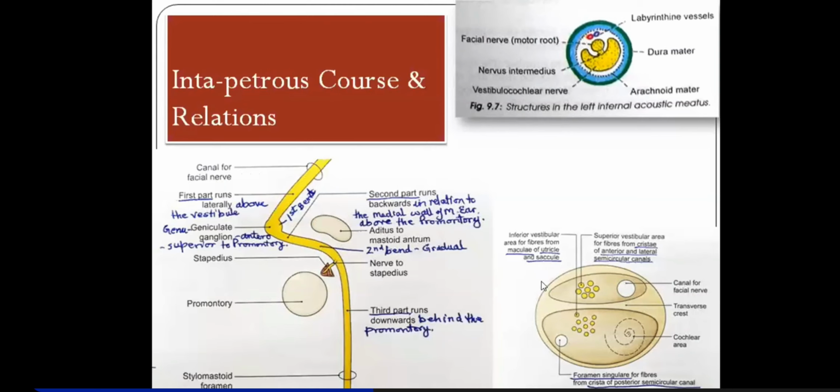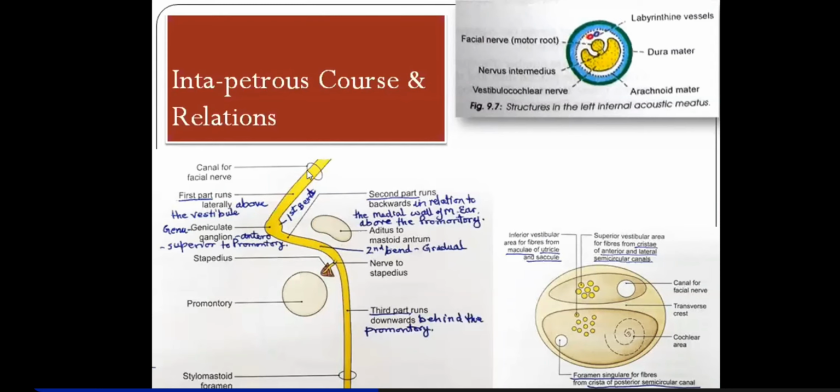Now the facial nerve will continue. Actually at the fundus, the three nerves have separate courses. The nervus intermedius will join the facial nerve here at the fundus, while the vestibular and cochlear nerves have a different course from here. But the facial nerve at the fundus, remember, the nervus intermedius which was running in between will join the facial nerve. Now together, the facial nerve will enter into the facial canal. And in the facial canal, let me tell you, the entire diagram here from this facial canal, now it will pass out of the skull through the stylomastoid foramen.